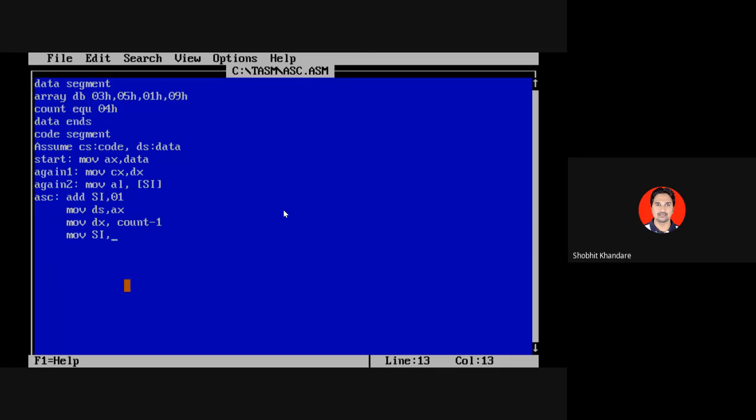MOV SI comma offset array. Now this is very important, I want everyone to pay attention, this is very, very important. Okay, अभी ये देखो, MOV SI comma offset of array. Now this is the way in which you want to just mention the offset of the array. का क्या मतलब होता है? ये देखो, यहाँ पे आपको पता है डेटा सेगमेंट में 4 मेमोरी लोकेशंस एलोकेट हुए हैं,